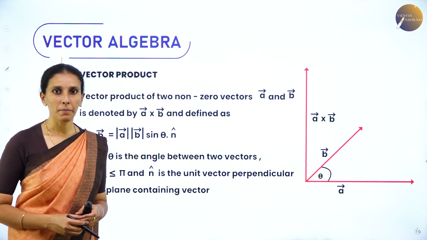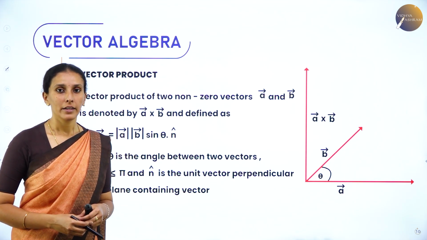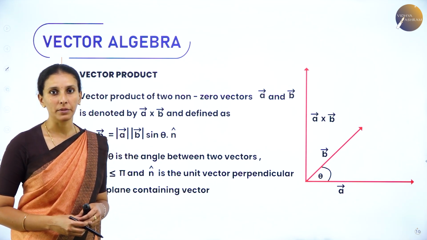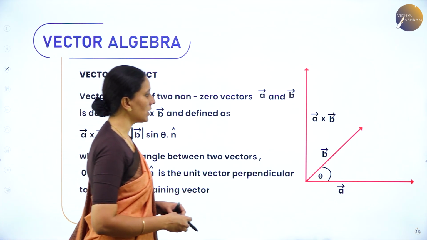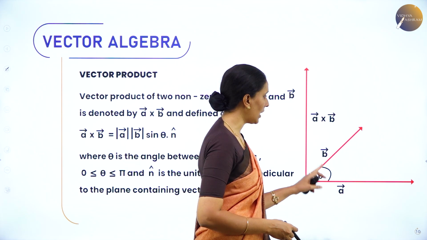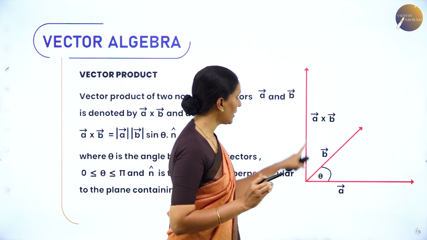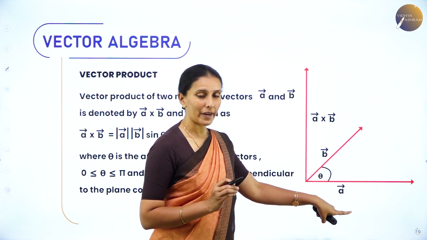Now, we'll study the second type of product of vectors, which is the vector product. It is also called the cross product between two vectors. So, we have two vectors, vector A and vector B, with an inclination of angle theta. The cross product of the vectors is nothing but the vector which is perpendicular to both vector A as